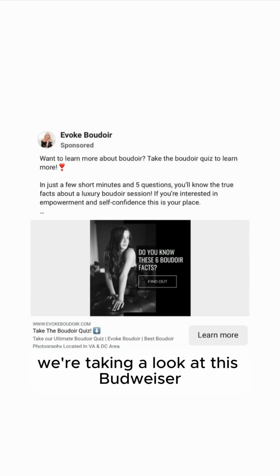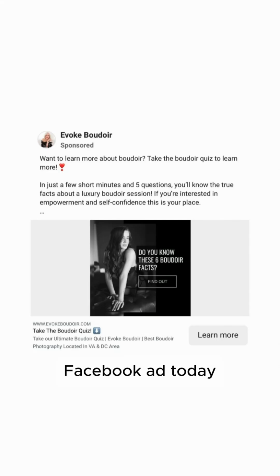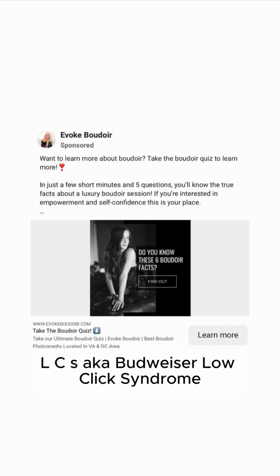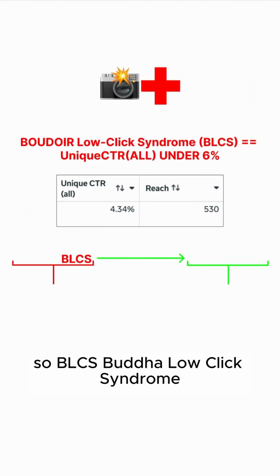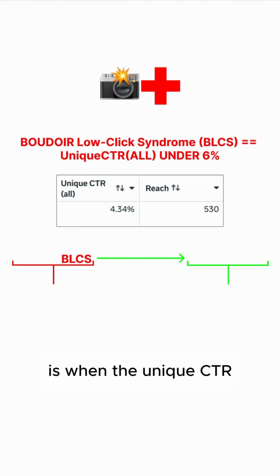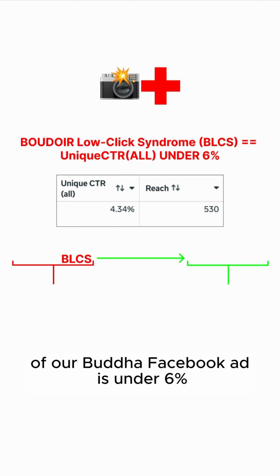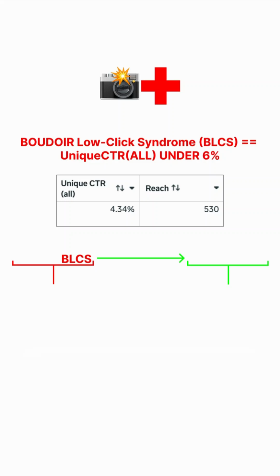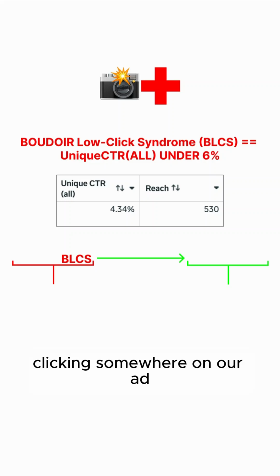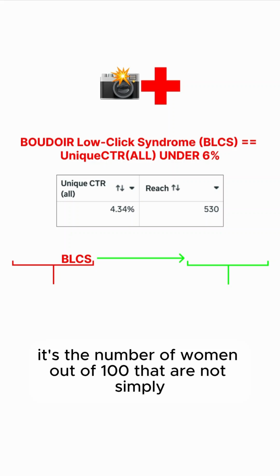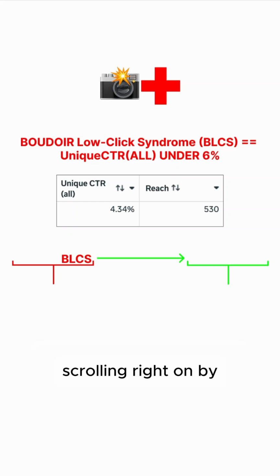All right, y'all, we're taking a look at this Boudoir Facebook ad today, seeing if it has BLCS, aka Boudoir Low Click Syndrome. So BLCS, Boudoir Low Click Syndrome, is when the unique CTR all of our Boudoir Facebook ad is under 6%. So this means fewer than 6 out of 100 women are clicking somewhere on our ad, aka it's the number of women out of 100 that are not simply scrolling right on by,